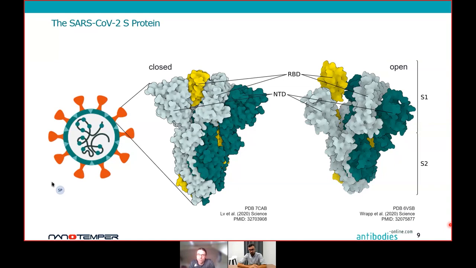The lower S2 section of the complex contains the trimerization interface and the membrane proximal stalk that's important for membrane fusion and virus entry. The upper S1 section contains an N-terminal domain, or NTD, and the receptor binding domain, or RBD. The 3 RBDs have to transition from a closed conformation, shown here in the middle, to an open position, shown here for one of the RBDs on the right, for the virus to contact the ACE2 receptor on host cells. While the NTD has been shown to contain many immunodominant regions eliciting a T-cell response, the RBD appears to be the primary target for antibodies.